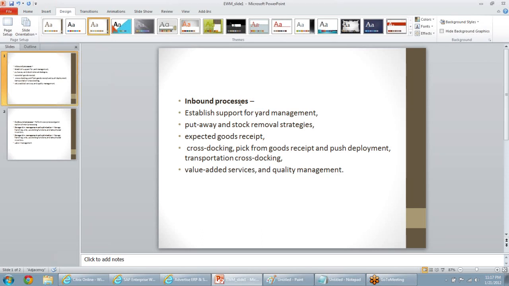So I want a warehouse solution where I can execute as well as plan, and then run it efficiently. I can do the slotting and optimization also. Some of you have already worked as end users, right? What is slotting and optimization?